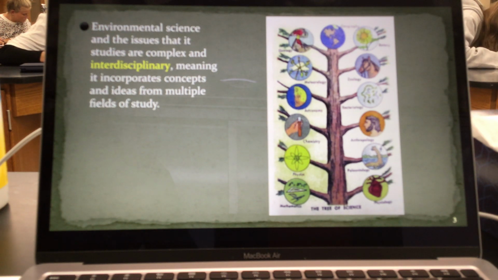Okay, all of those have had studies that have researched and brought together these different ideas of environmental science, okay? So yes, there are people that specifically focus on the environment, but all of these fields of study have had some sort of contribution to those environmental concepts and environmental science issues.